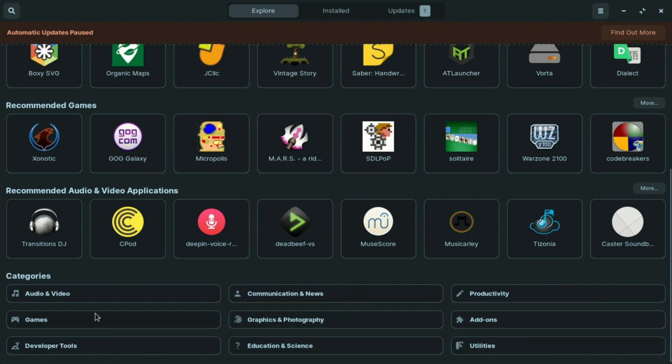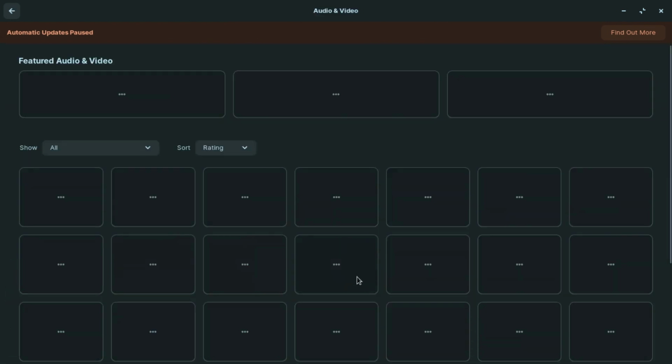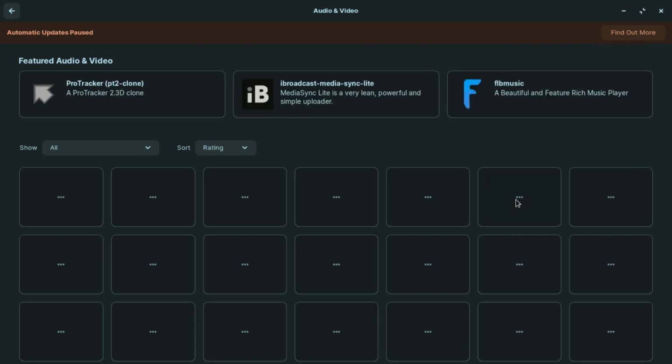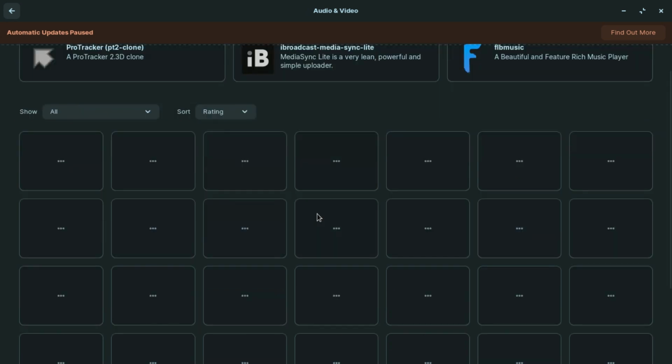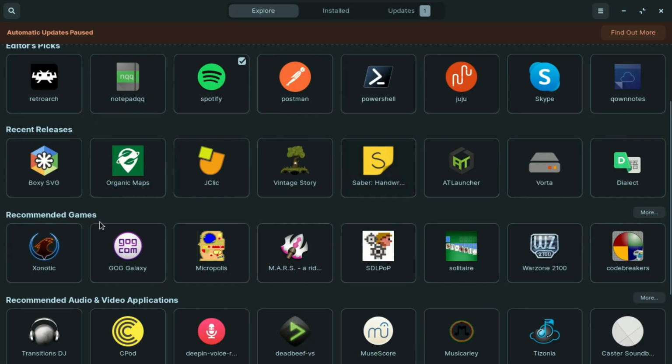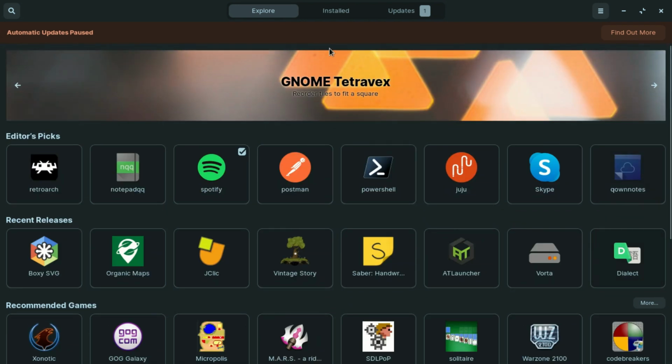You've got alternatives for almost everything, and also, just as a side note, you can run Windows applications on this distribution. So we're going to look at that as well. As you can see, depending on what you want, you can click the category that you want, then based off that category it gives you what it has. Okay, my internet connection is just a bit slower, but you would see all these applications that it offers. So I'll just go back. These are just some of the applications, but you've got a lot of applications that you can run on